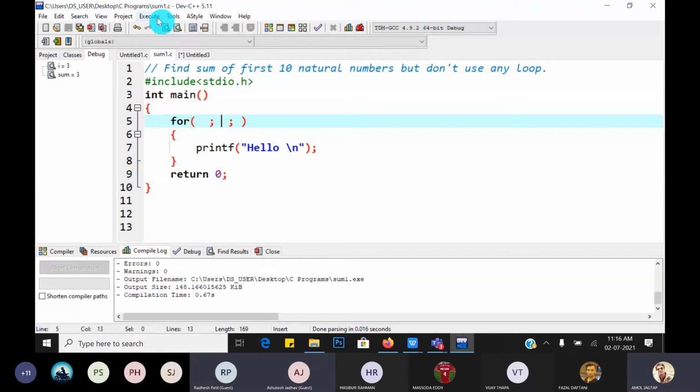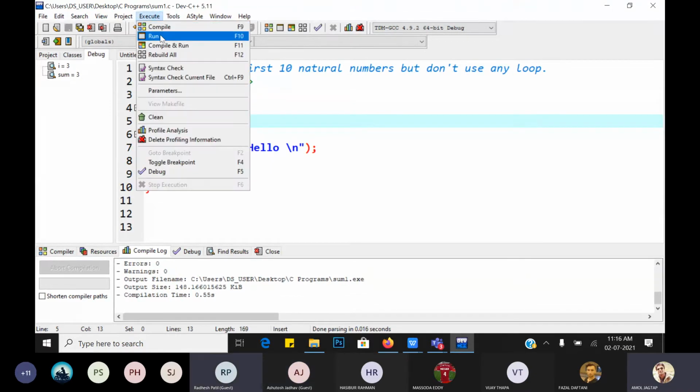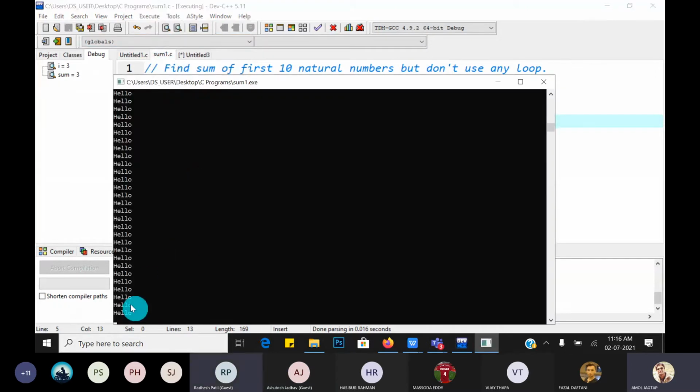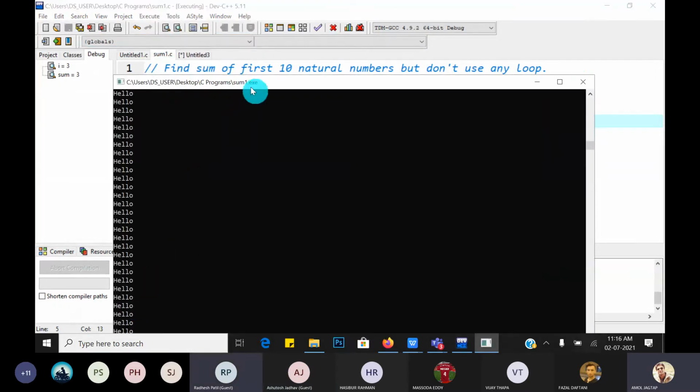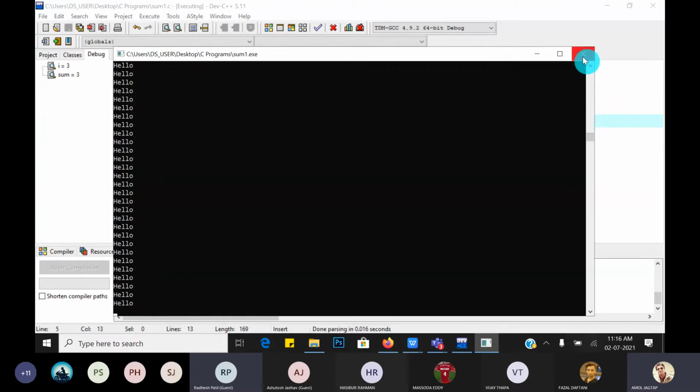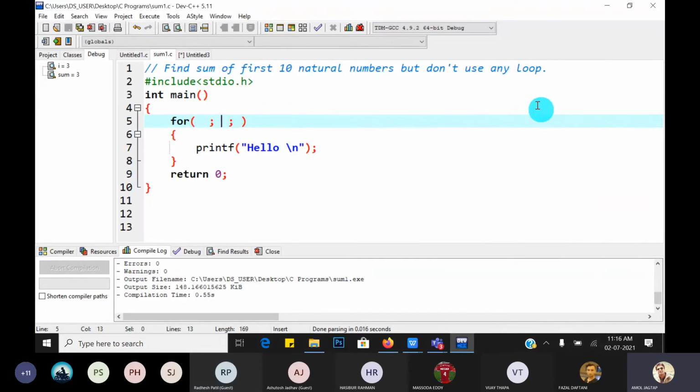Okay, let's compile it, and there is no syntactical error. Then run it. What is the output? Infinite time, because there is no condition. No condition means there is an entry. If on the gate there is no watchman, then we directly enter the apartment, whatever may be. There is no one at the gate to examine or check you. Yes, great.